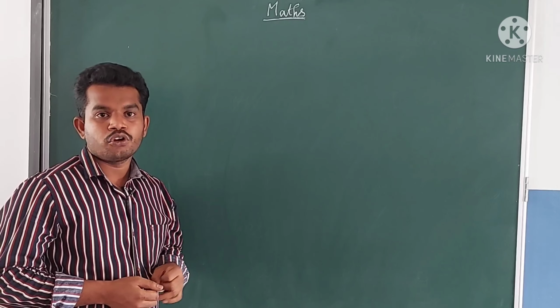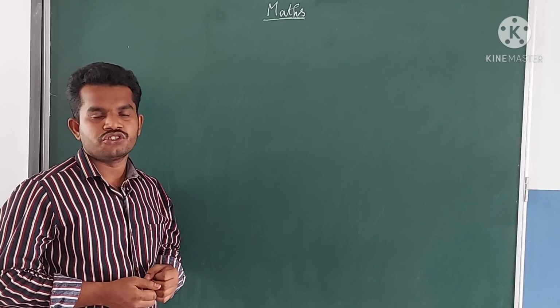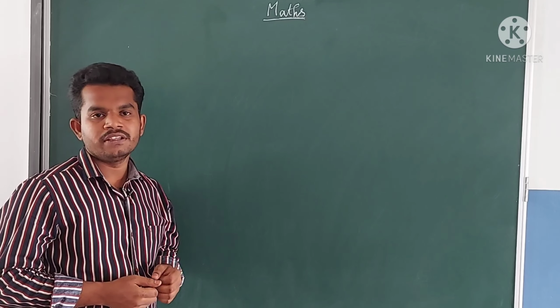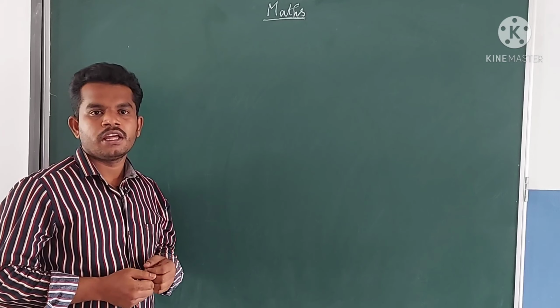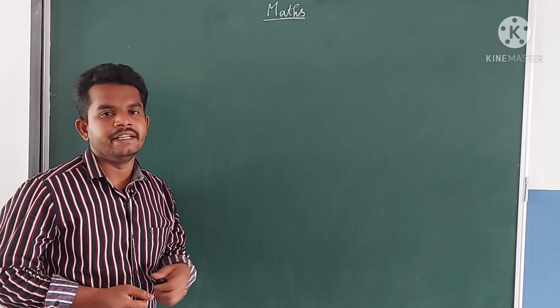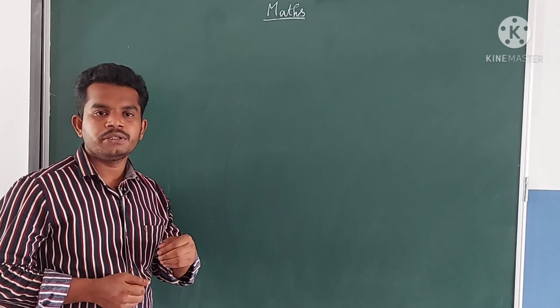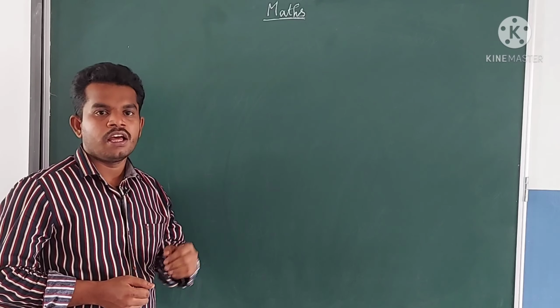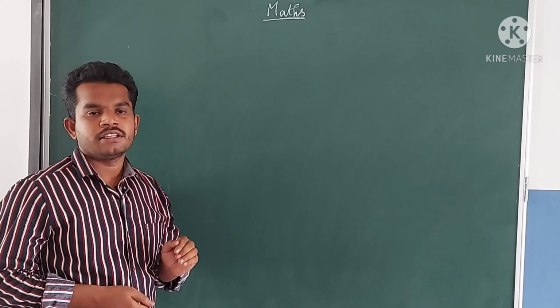Next, second type, common binomial factor from each term. Third, grouping the terms. And fourth, factorization using the identities. Okay, so in this class we are going to learn the next type, that is